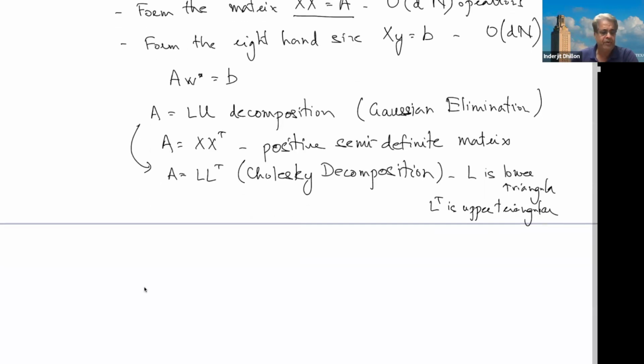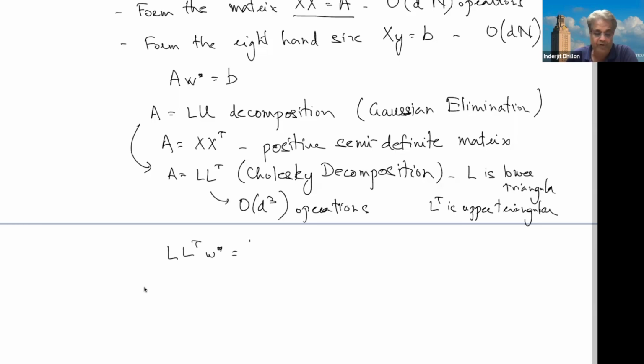So how does that help? How does Cholesky decomposition help? Well, if I factor LL transpose, by the way, doing this takes a cubic number of operations, cubic in the dimension. But once I have LL transpose,